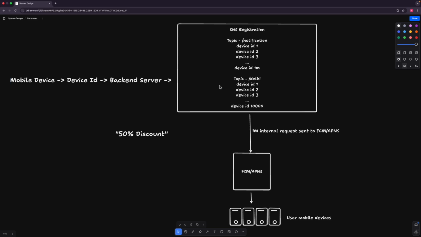Now the next step is when we want to send a notification. We will not make these 1 million calls from our backend server. We'll just make one call. Like I want to just send a notification of 50% discount on all the products. So I will make one call to this notification topic, and this topic will now internally make these 1 million requests to the FCM or